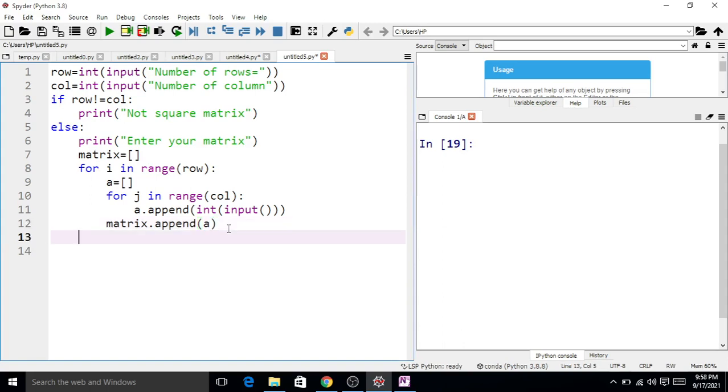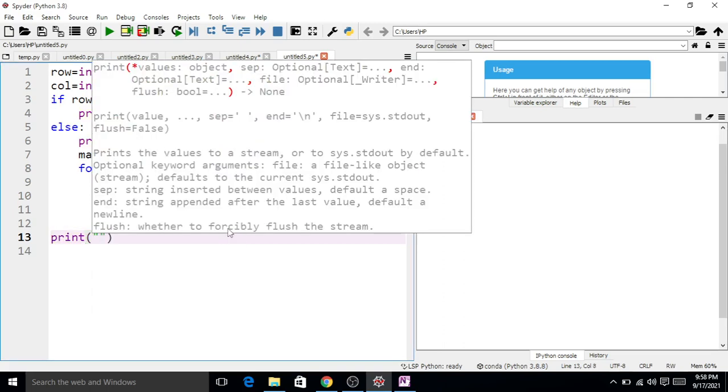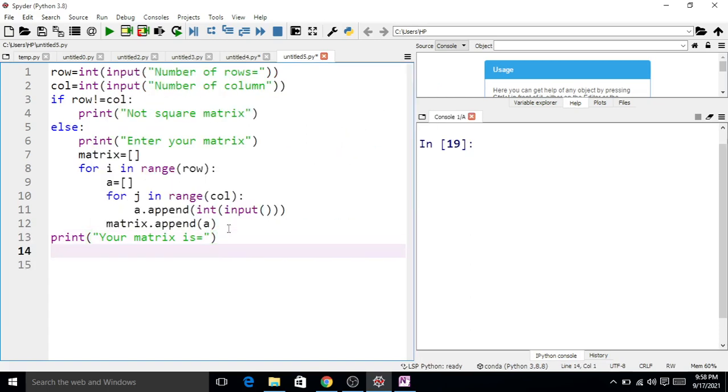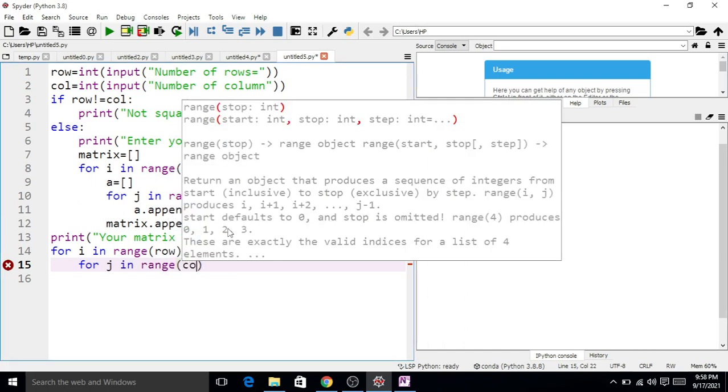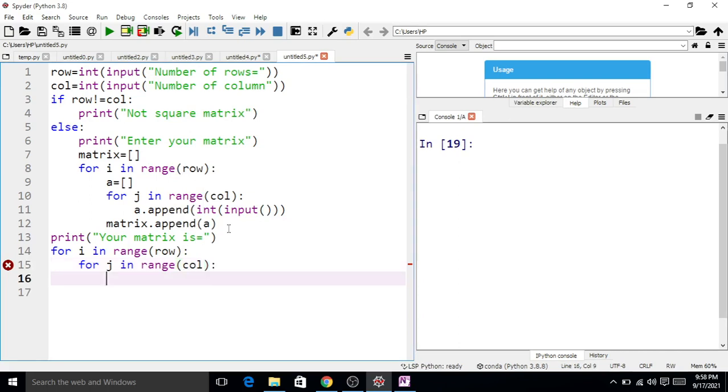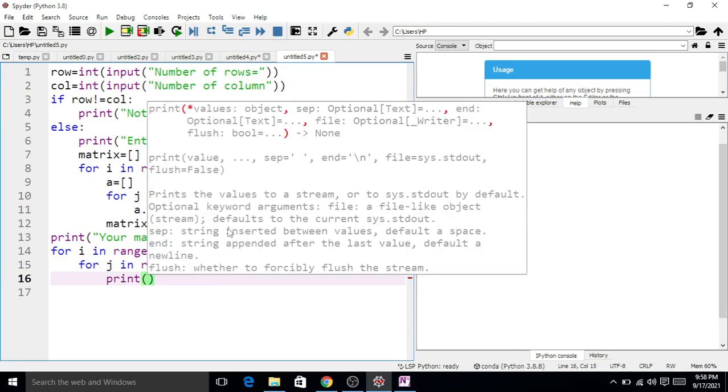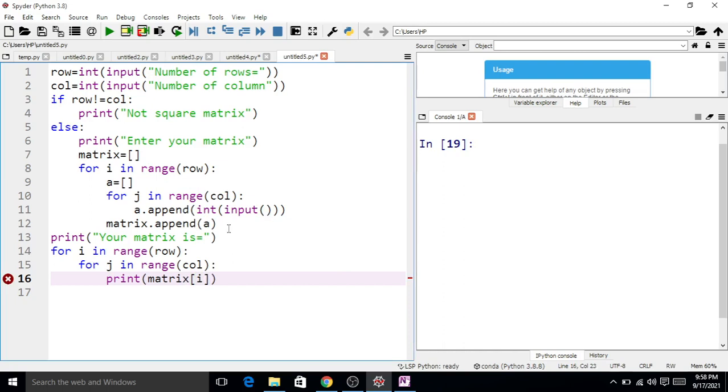Now finally we want to display this matrix. So again display the message print your matrix is equal to, now again by using a for loop, for i in range row, for j in range column, print matrix ij.